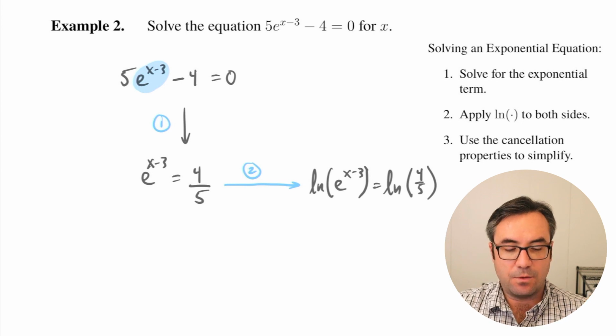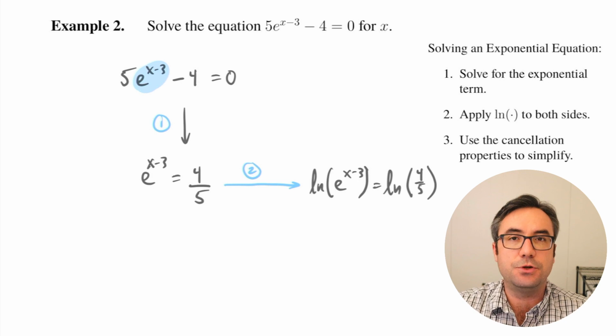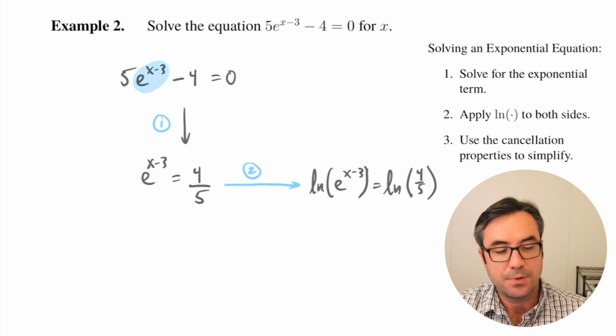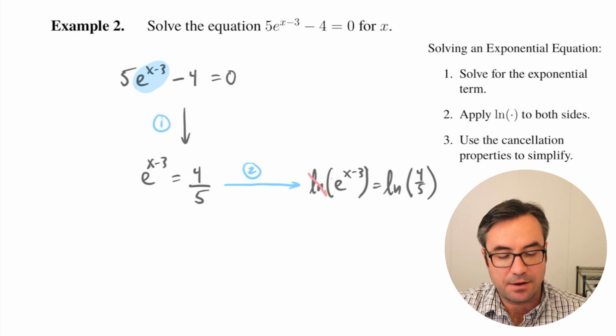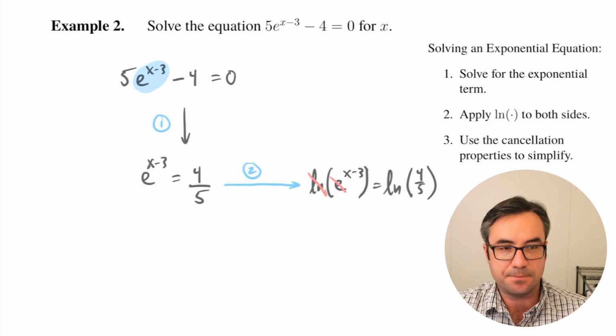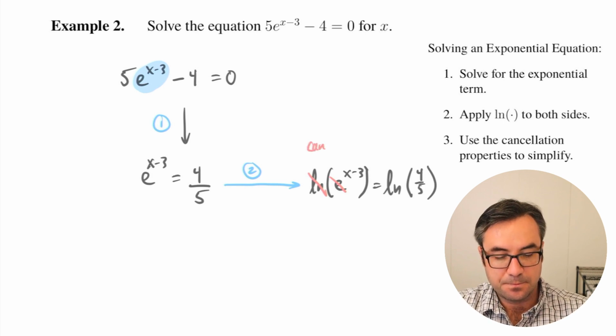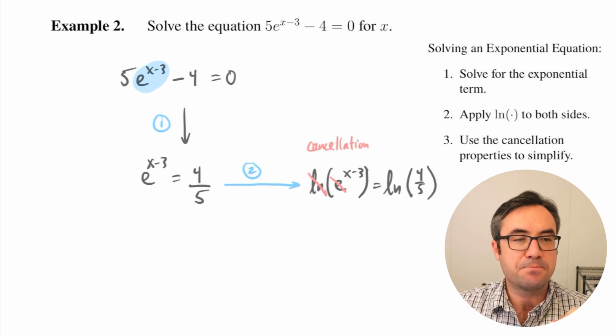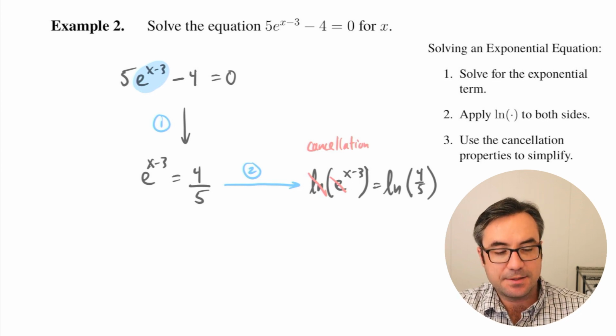And now, once we've done that, that's step two. Once we've done that, then we can use our cancellation property. So we're going to be able to cancel off the natural log and the e. We're going to get our money's worth with this cancellation property. And then once we do that,